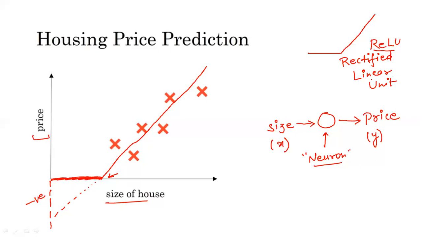So now let us continue. Here we are taking the housing price prediction problem. In the earlier case, we have seen that there was only one input feature, that is the size of the house. But in a real world problem, it would not be so. We could have many input features, and based on those input features, we need to predict the final output, that is the price of the house.